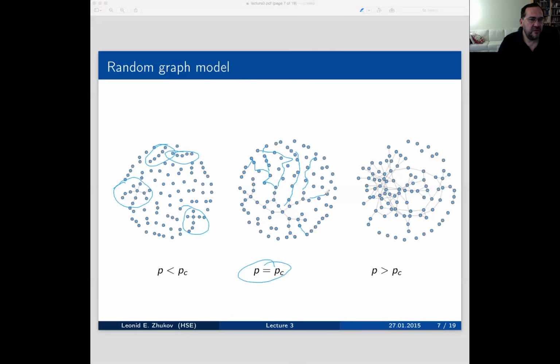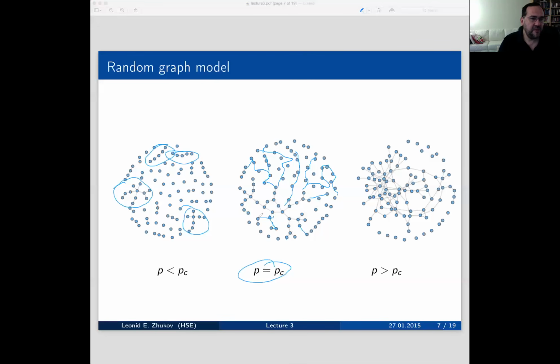And so if you remember, you can think about this as a minimal spanning tree. Do you guys know what a minimal spanning tree is? Right, so it's the tree with the smallest number of edges that connects all the points, or the tree with the smallest total weight on the edges. So in some sense, it's a unique moment when things get all connected, so you can get from every node to any other node. And that's a single moment. There is no other phase transition like that.